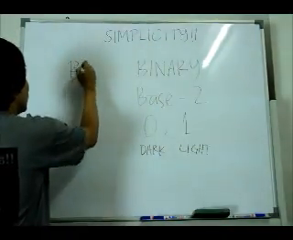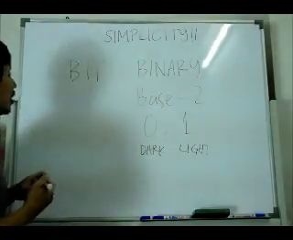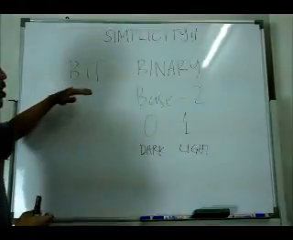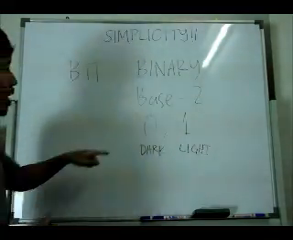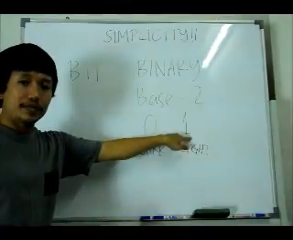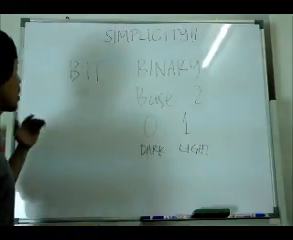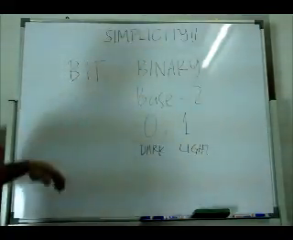A bit. And this is the smallest number ever in a computer system. A bit can be either 0 or 1. Okay. Now, of course, as we increase